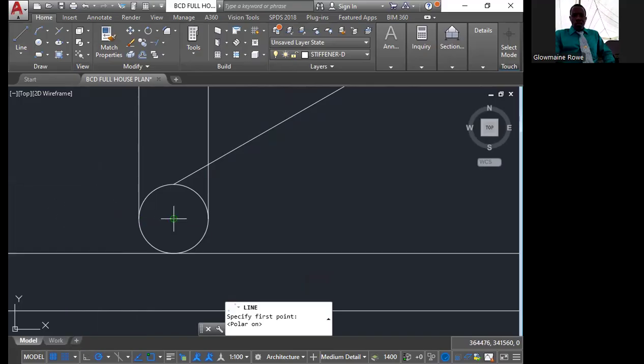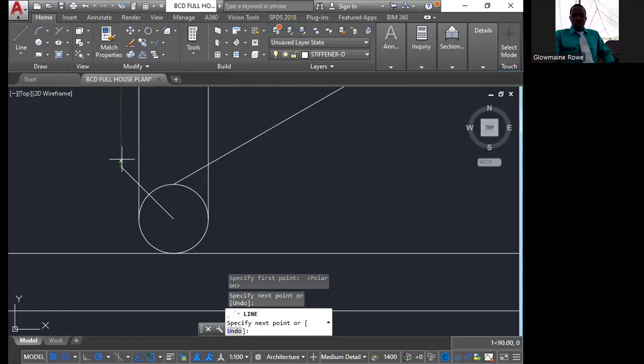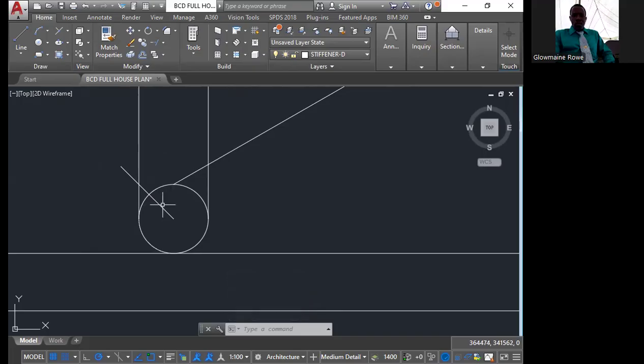We're gonna draw a line from the center of the circle going up 45 degrees. You're gonna see a green tracking line come up, and you're gonna see 135, because the angle is being measured anti-clockwise. So click, no specific length. Want me to go again, trainees? All right, so now we have this line. Now we're gonna move this line and paste it where